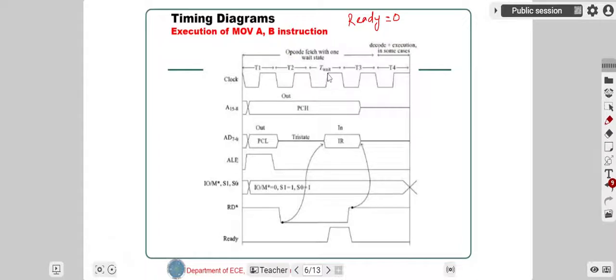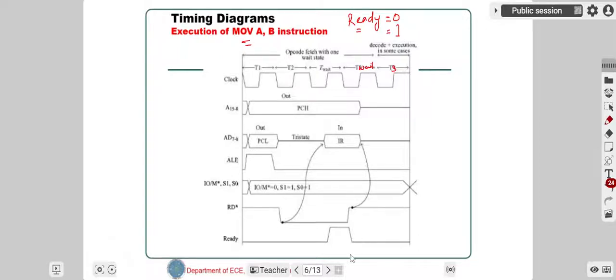So the execution of the instruction will take a longer time if this ready input is not 1. As soon as it becomes 1, the next T state would be T3 here. If it is not 1, then this would also be T wait here. So this would be the T3. Okay, so this is how the execution of one instruction takes place,